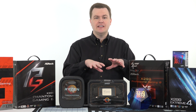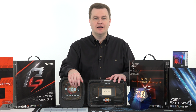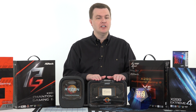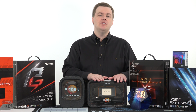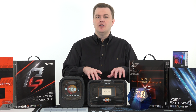Linux's kernel and scheduler are better adapted to this, and frankly, it gets more frequent updates than Windows does. Windows still has some teething issues. Now, I'm going to be running Windows on this because we run Adobe Creative Cloud, we use Adobe programs, we use Microsoft Office, we're on the Windows platform. So I will be using Windows on this, and this chip is now just over 6 months old,